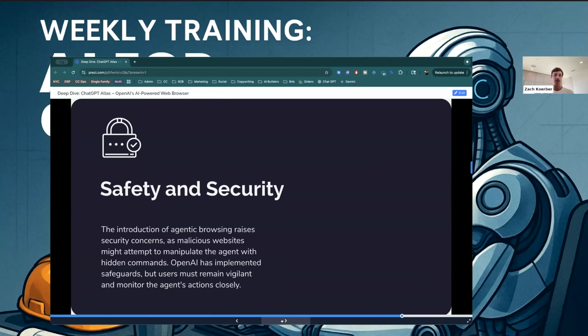The introduction of agentic browsing raises security concerns. Malicious websites might attempt to manipulate the agent with hidden commands. This is all new stuff. While you and I, depending on your technical abilities, can sometimes understand, oh, this is a scam, don't enter my information in here, once you start trusting these browsers to the point where you're giving them credit card information, giving them stuff to go buy things for you, to book travel, you need to be aware that,